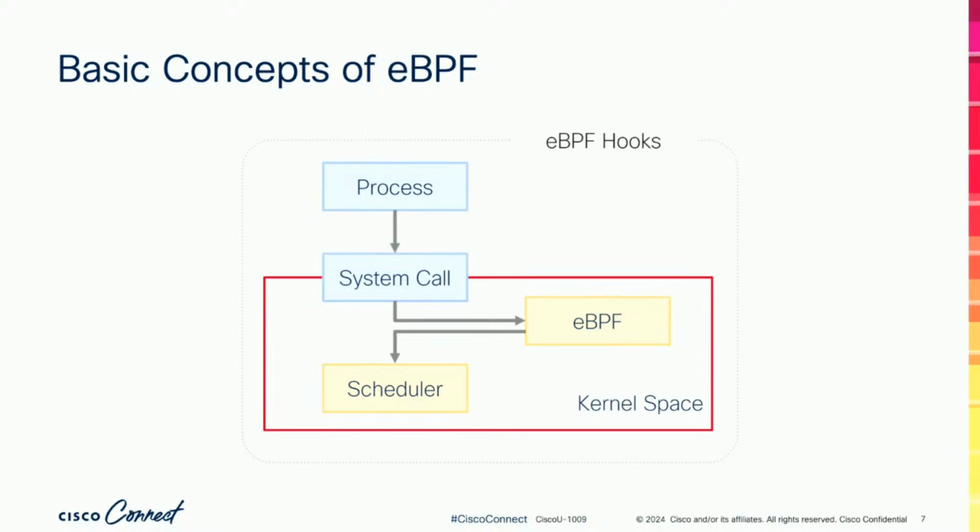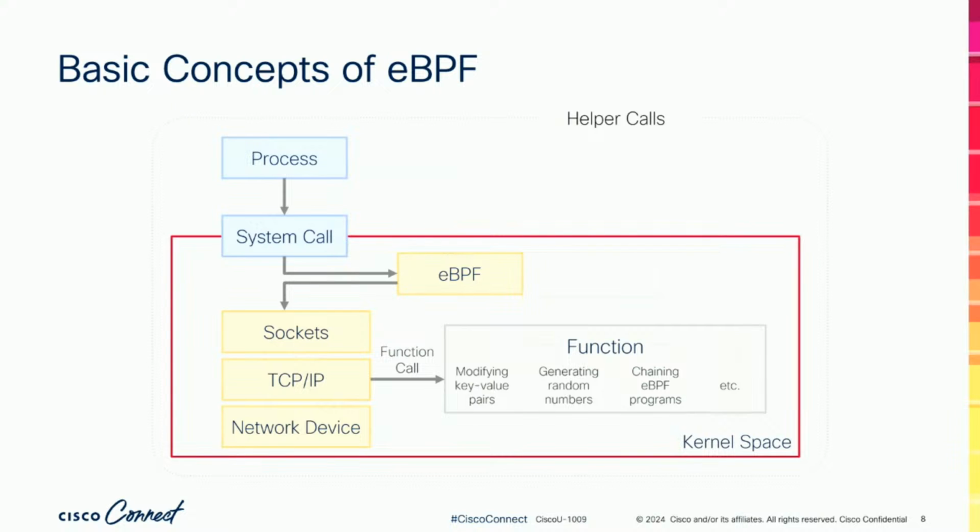And these programs can attach to various different hooks inside of the kernel and run when specific events occur. So an event might occur on the system, and that hook will trigger a specific eBPF program to run. Now, the run that occurs, those are the helper calls. So inside of an eBPF program, you might have different types of helper functions that allow you to perform specific